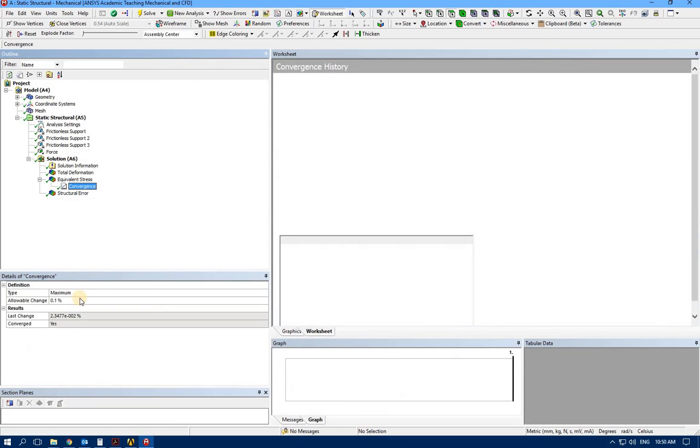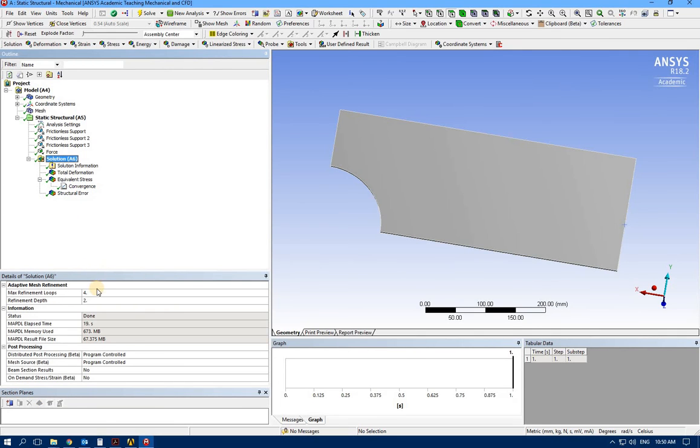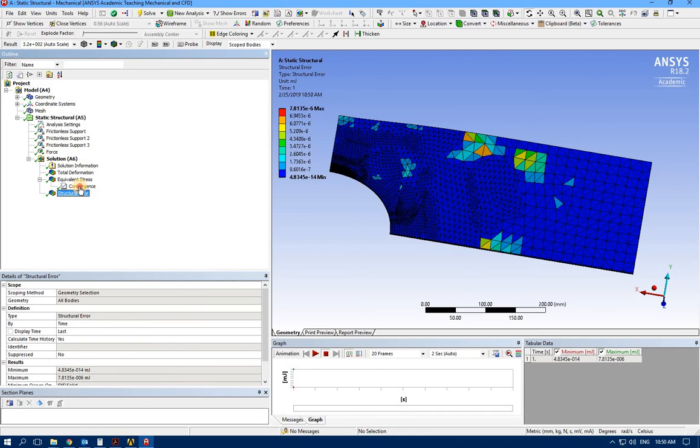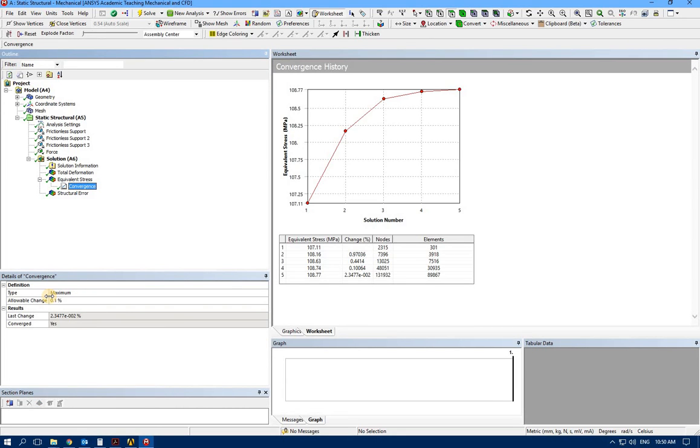Let's change the number of loops to 4, 5 or 6, and an allowable change, which is a criteria for this part. Let's go for 0.01. So the accuracy of the result is going to be much higher,